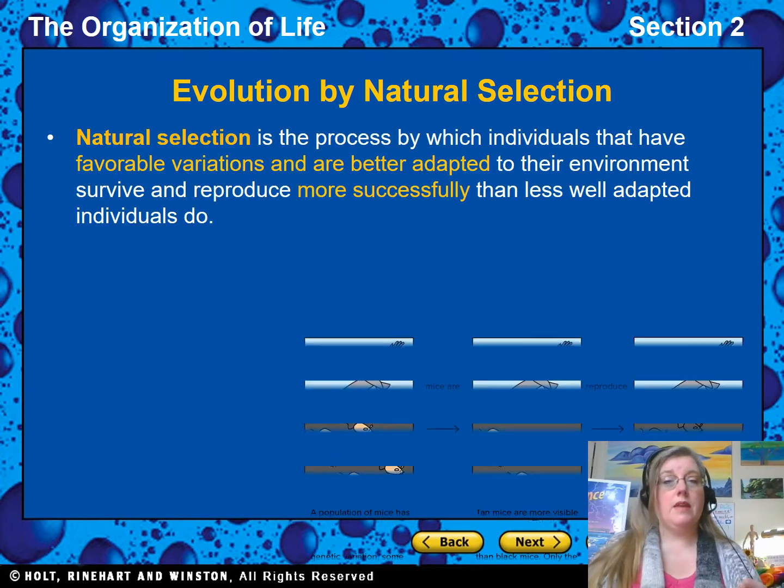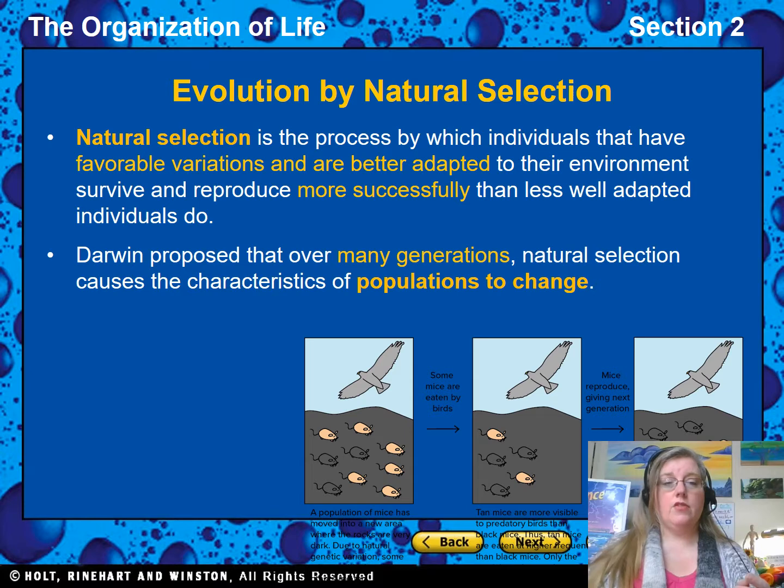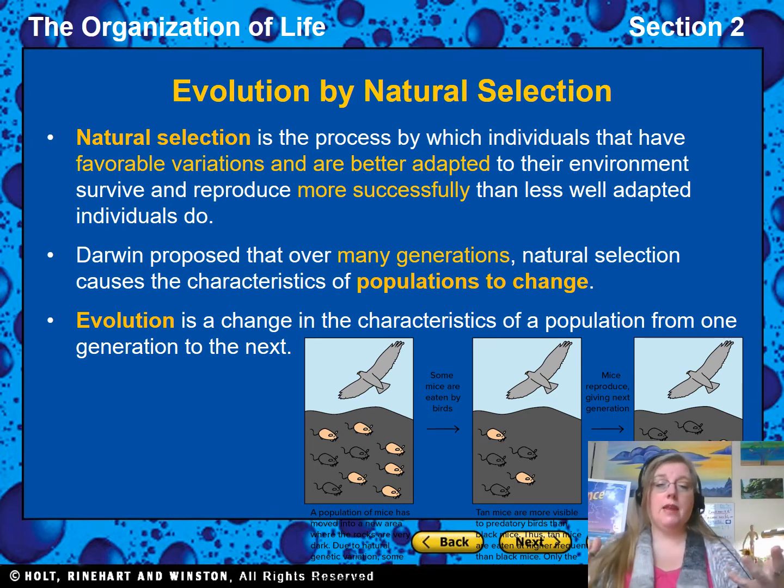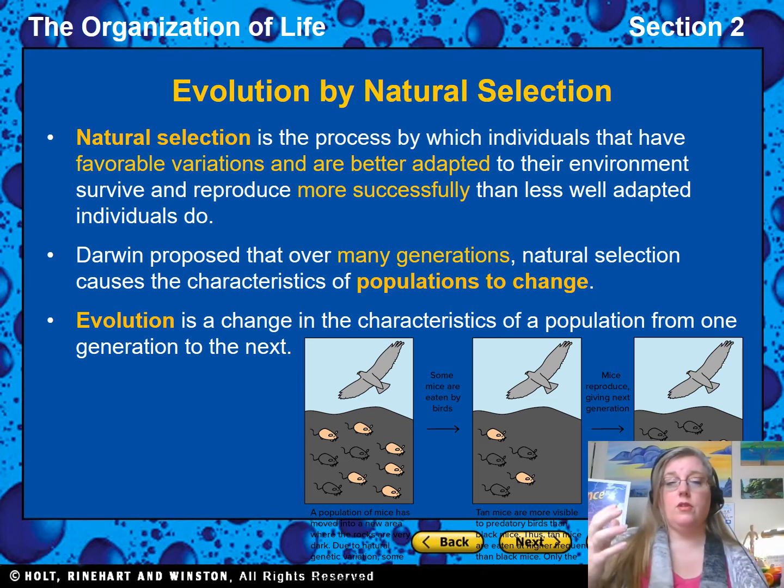With natural selection, because it is nature making the choice, individuals have some favorable adaptations that make them better adapted to their environment. And when they are adapted, they are more successful when they go to have babies than less adapted individuals would be. He proposed that over many generations, natural selection is going to cause the populations to change,